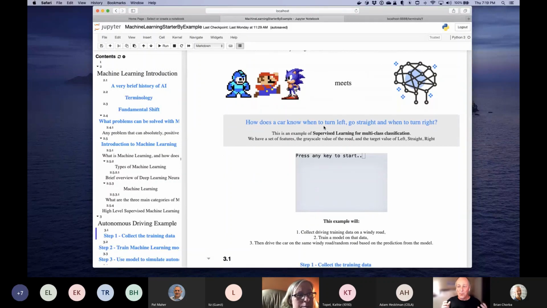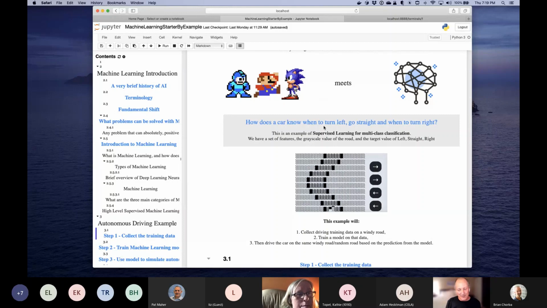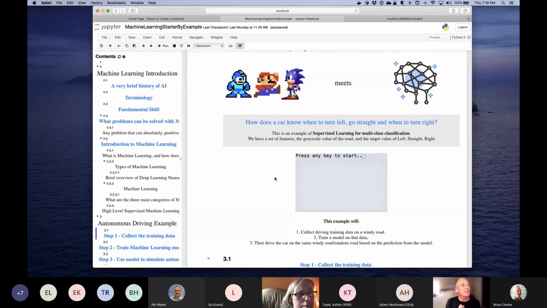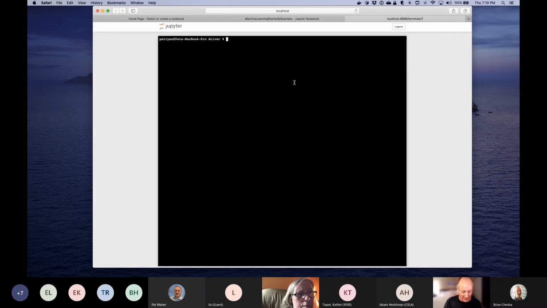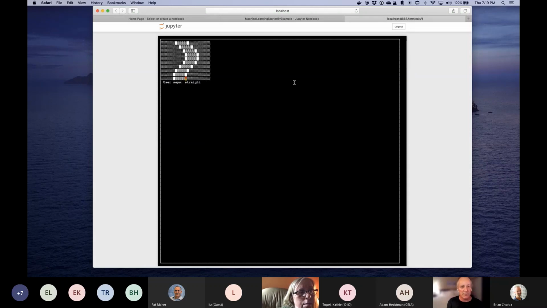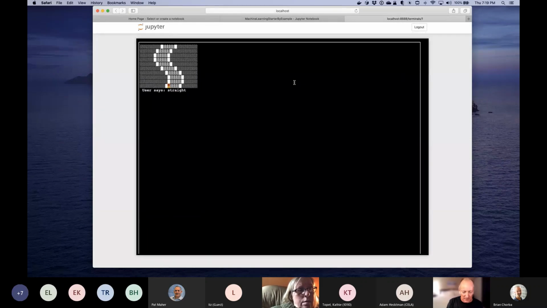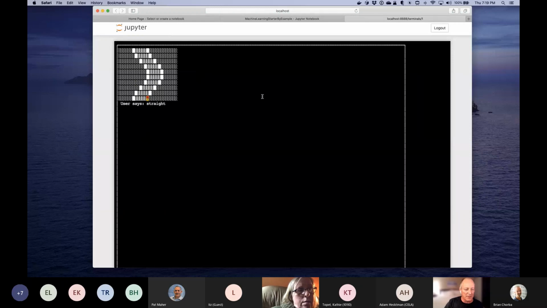And so what we're going to do is I'm going to show you in just a second, but I've got a screen that looks like this one in the center. It has a simulated car, and we're going to train it to drive on this simulated road. So let me switch over to here. I'm going to run a Python script that will bring up the road. Let me go ahead and get that started. And I don't know if I can make that any larger. Can I? Well, maybe I can. Okay, good. I hope that's easier to see.